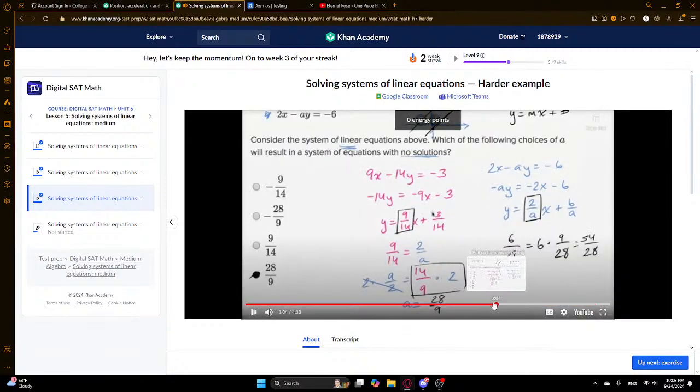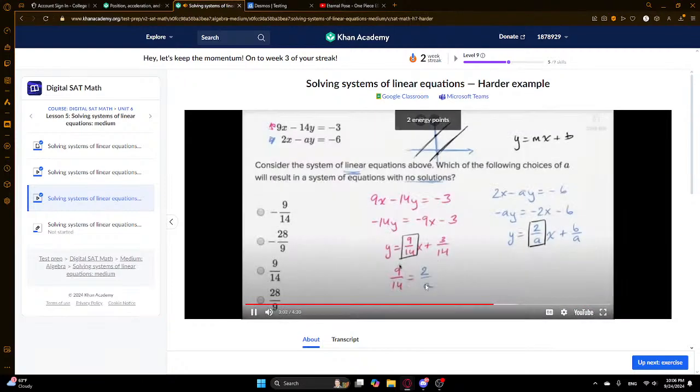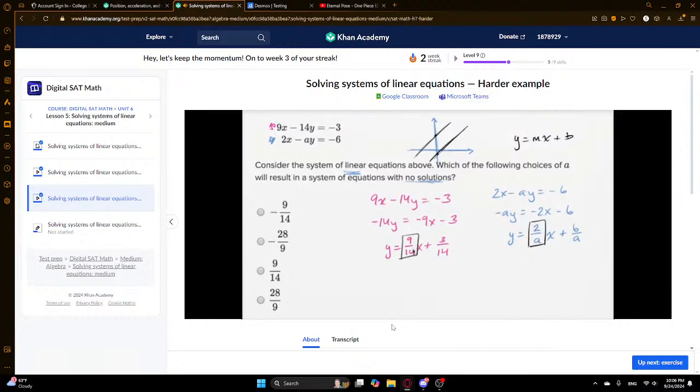It's clearly different. All that I like to just do logical algebraic. We need to set up a situation where 2 over a is equal to 9 over 14. These two things have to have the same slope. And then when we're able to figure out that a, we have to verify that they have different y-intercepts. Because if they